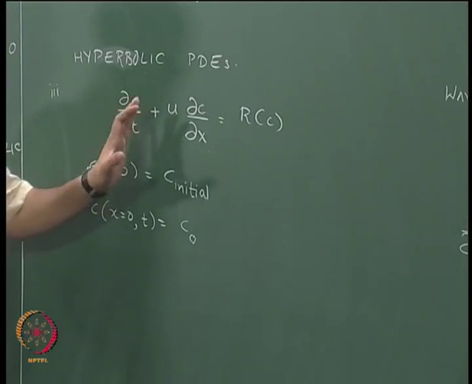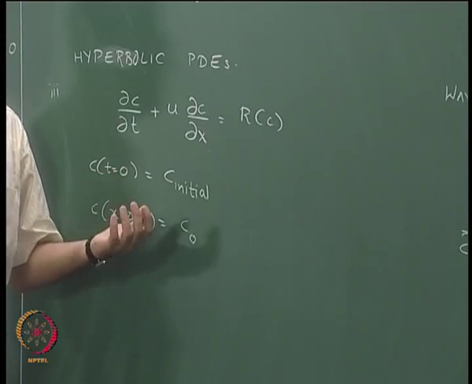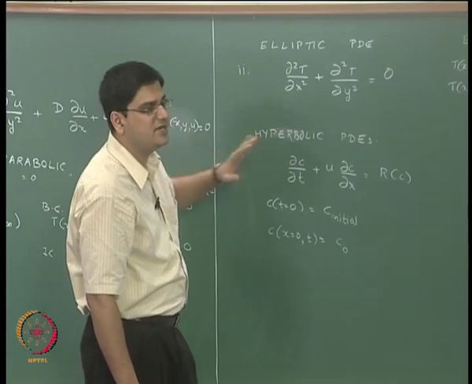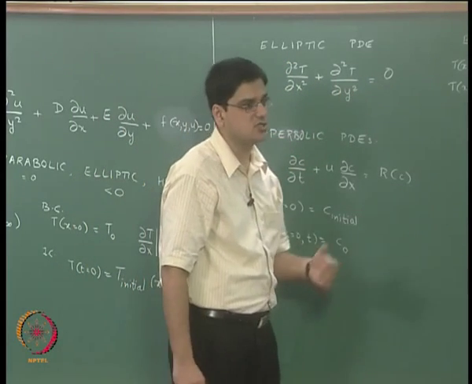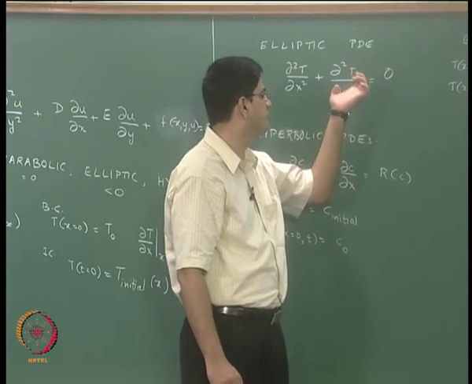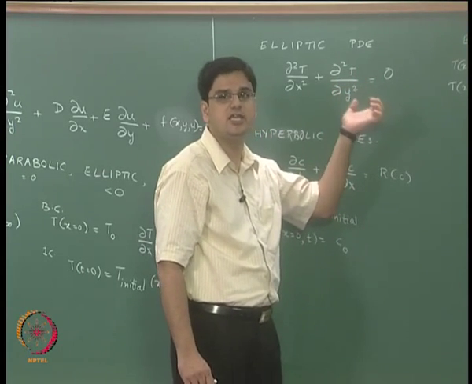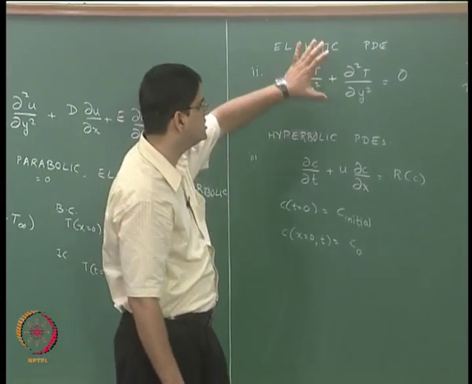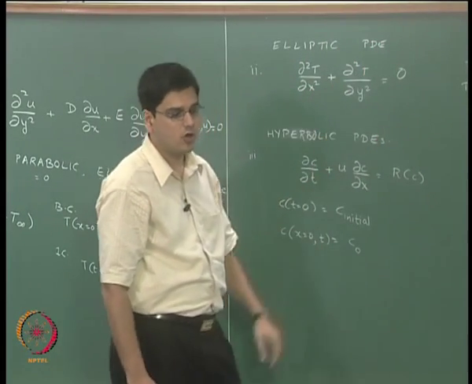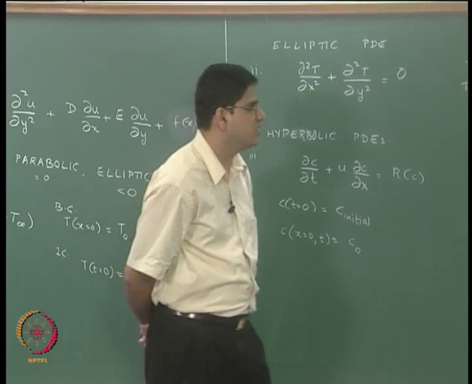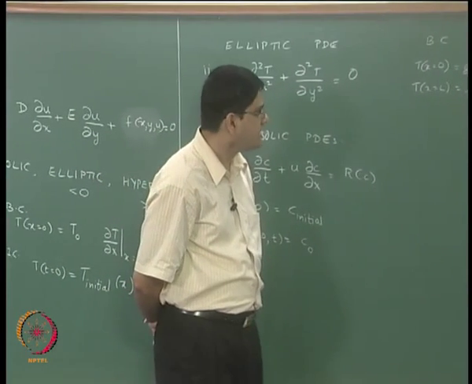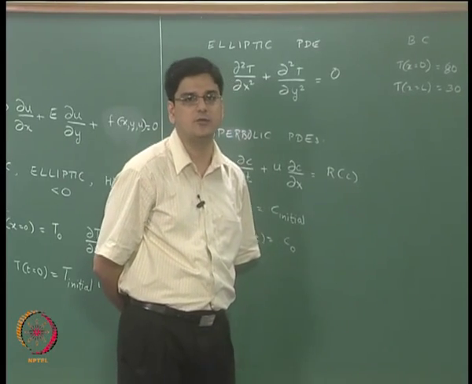Okay. So that is the difference between hyperbolic and parabolic PDEs. It does lead to some difference in solving hyperbolic and parabolic PDEs numerically. On the other hand, elliptic PDEs do not evolve either in x or y direction, but the solution or the temperature T at any location x comma y is determined by all the four boundaries in this particular plane. Okay. So that is again a recap of what we have done with elliptic, hyperbolic and parabolic PDEs.